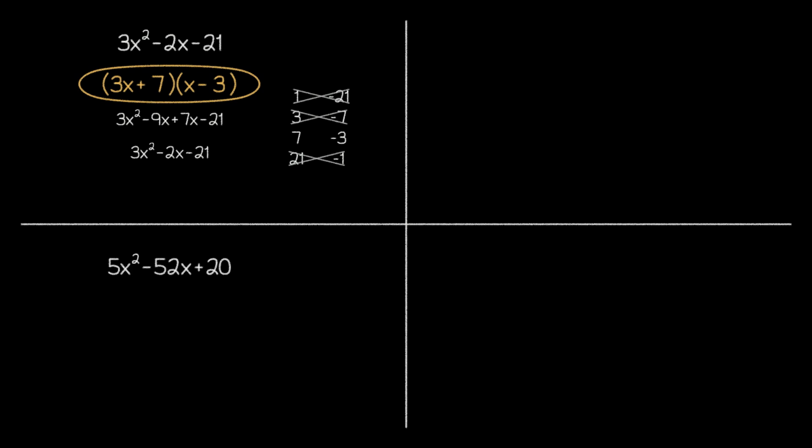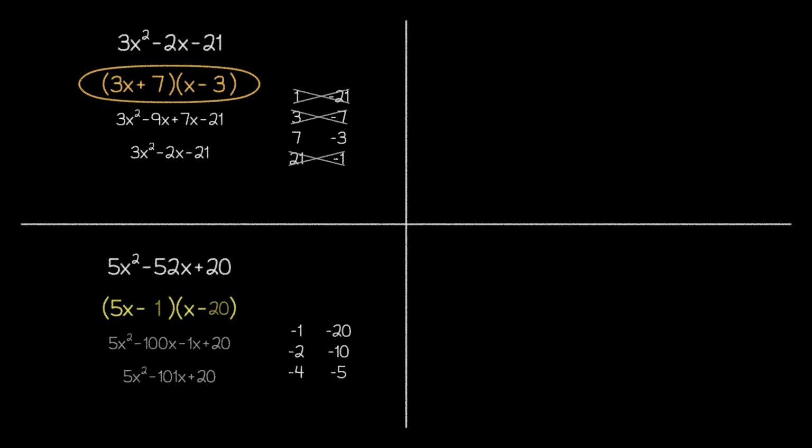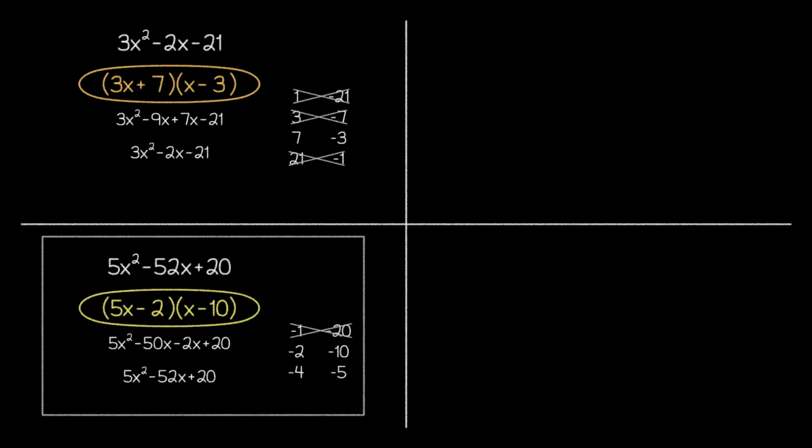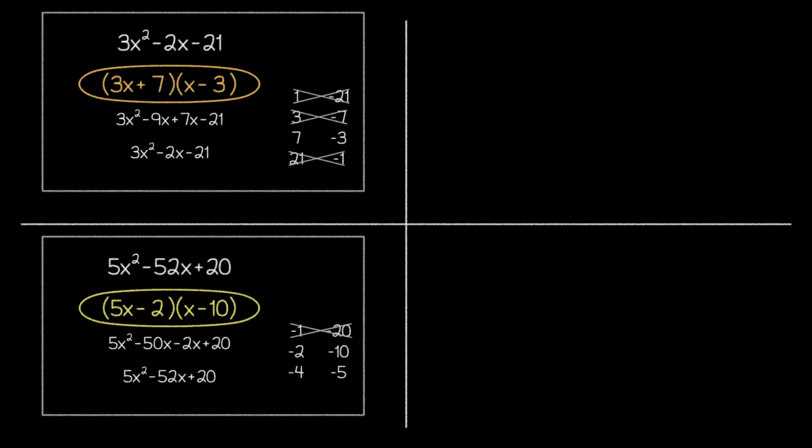Our next example will follow these same principles. So as we're going through our options for constant terms, we can eliminate some options before we even convert them to the standard form. Then, when we try out -2 and -10, that happens to be the correct answer. Thankfully, we didn't have to go through all of our options to find the final answer this time, and that's just how these problems will work. Sometimes we'll get lucky and find our answer quickly, and other times, the correct answer might be close to the last option that we guess.